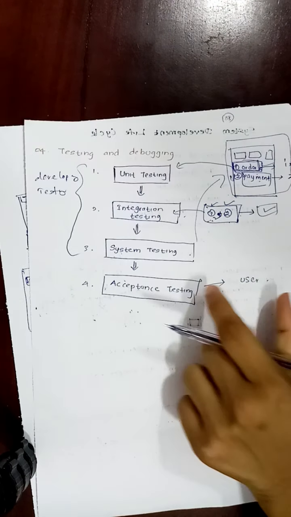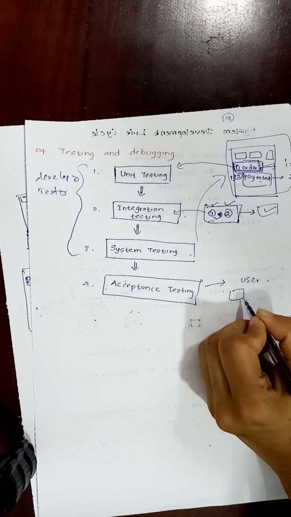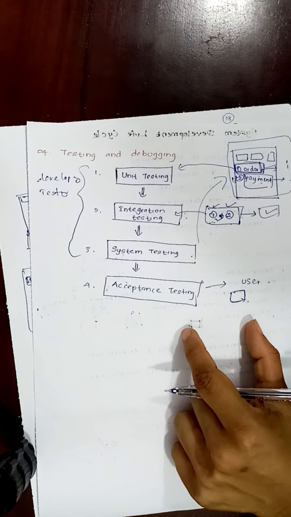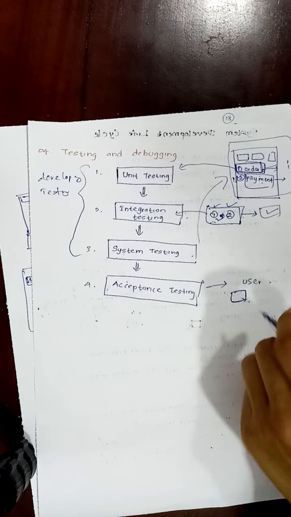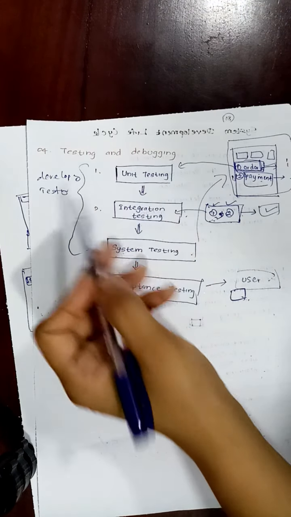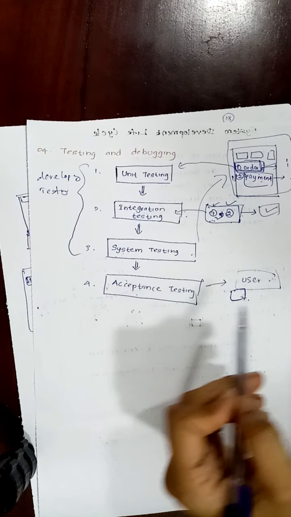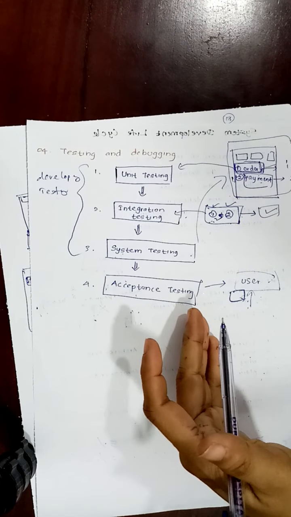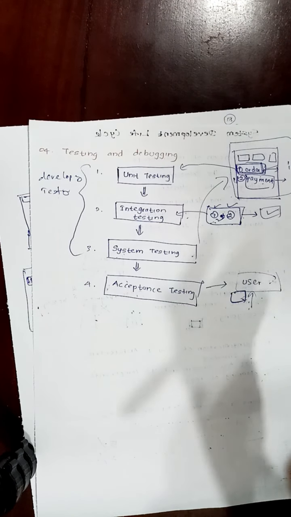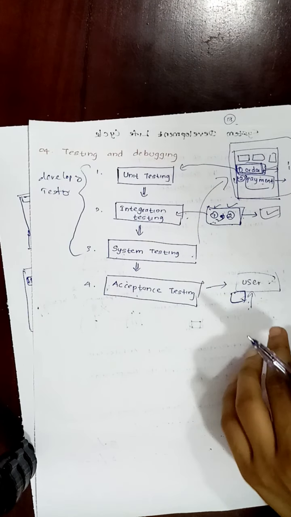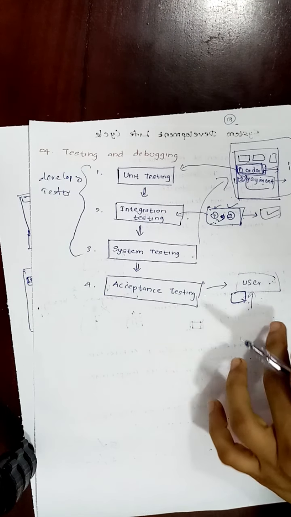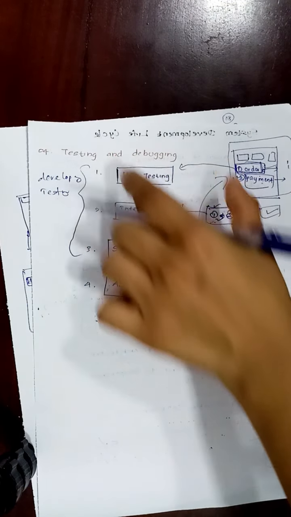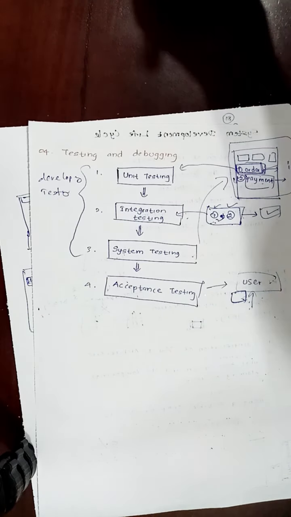Acceptance testing in the sense, a prototype means what? A small function or a trial version is going to be delivered to the user, and the developer will tell the user to use this software, and he will ask for feedback. That is acceptance testing. Feedback means is it okay, or whether you need more requirements, like that. The user will test that system and he will give feedback. That is acceptance testing. So these are the types of testing.